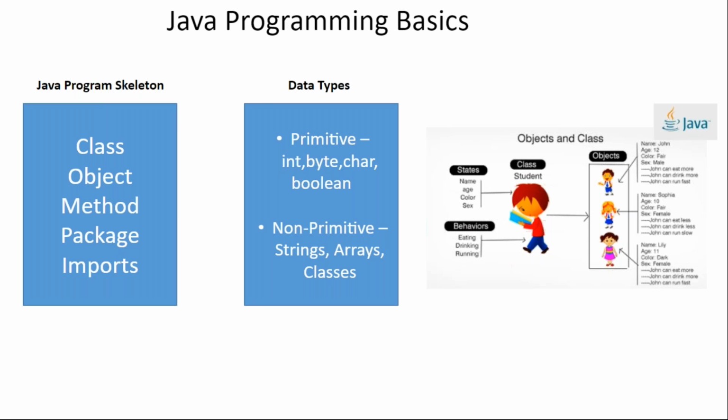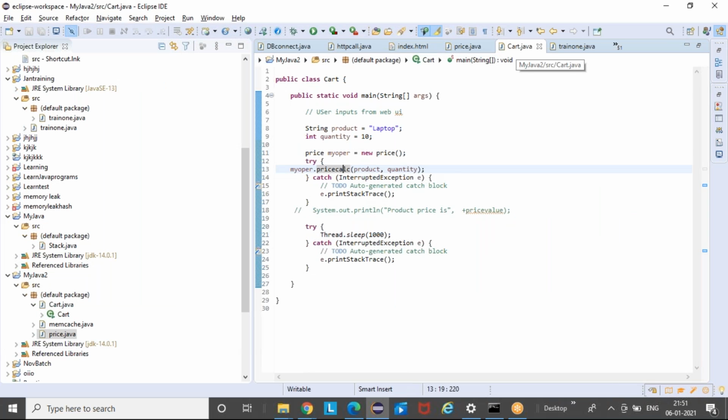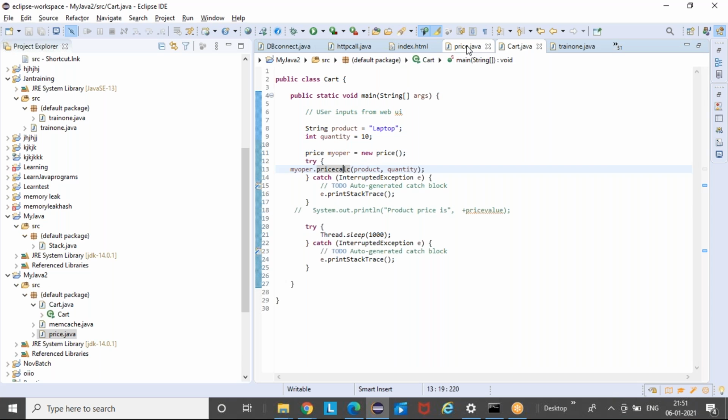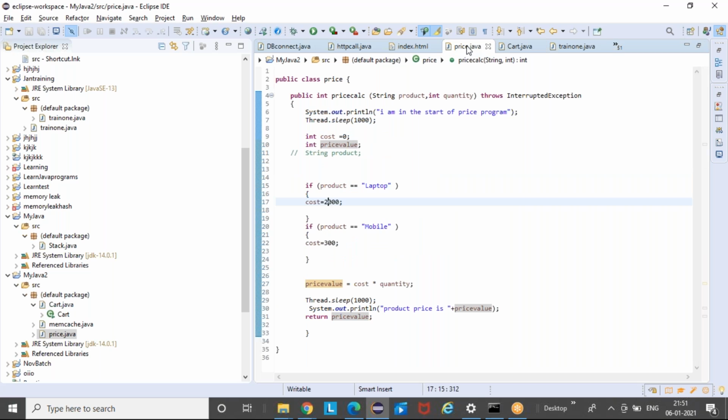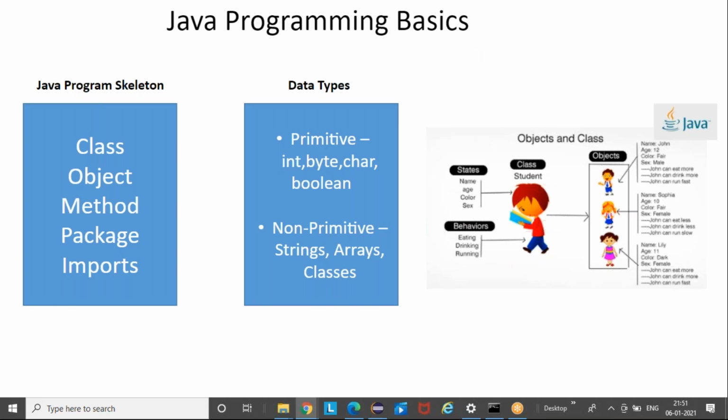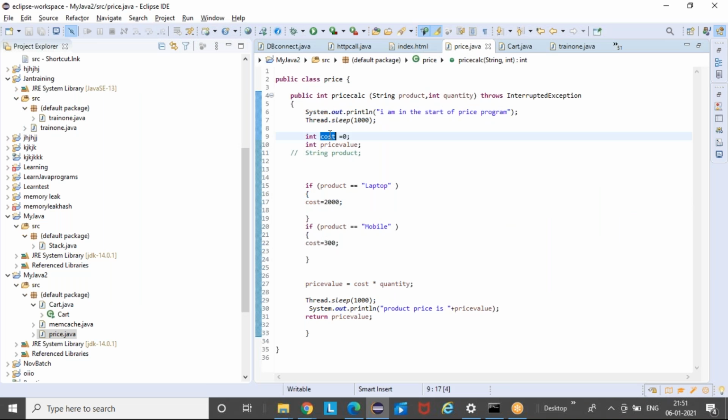In our case, there will be only one class file. This price.java, code.java, all these things are individual programs. .java. Once you compile it, it will be called a .class. Again, all these compilation details we'll look into in detail in the next session. Just for our basic understanding, every application is going to have this set of class files. In a single class file, you will have these data types. For example, here I have a data type as cost, I have a data type as price value. And I'm going to do an operation.